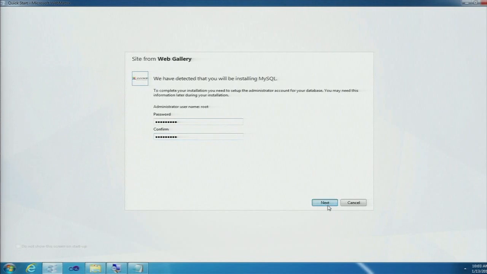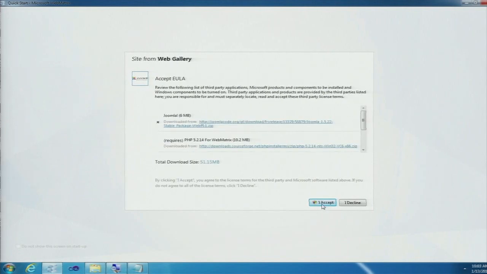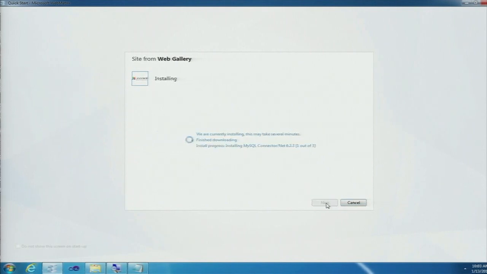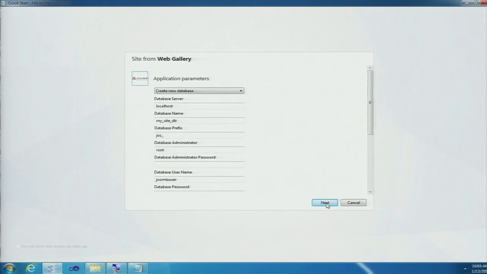And click Next. Excellent, and on this screen here, we can see all the different components that will be installed with this new Joomla site and any agreements necessary. I'll go ahead and click the Accept button there. It'll go through the process right now of preparing everything I need for the last step, which is to configure the Joomla basic configuration information.